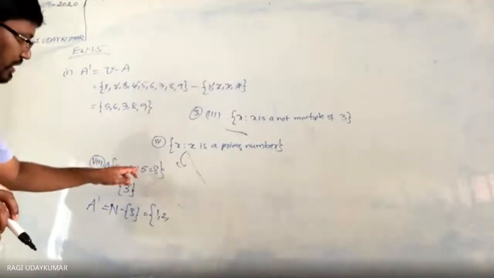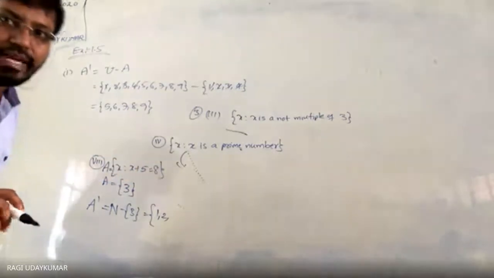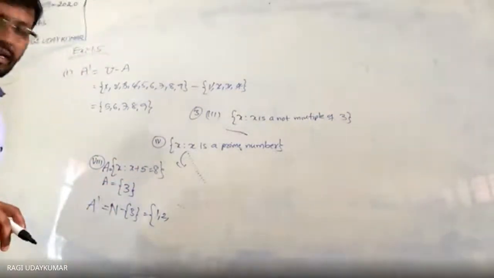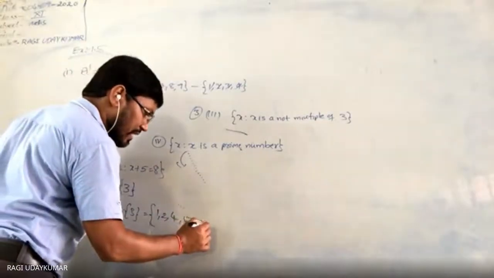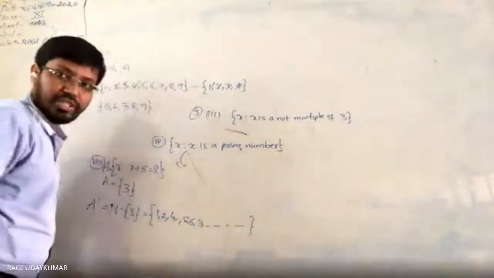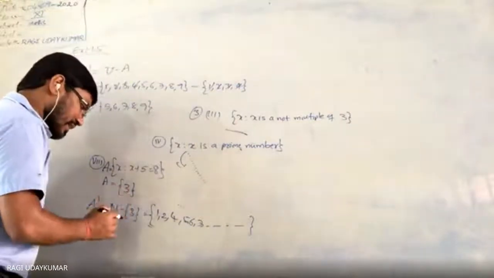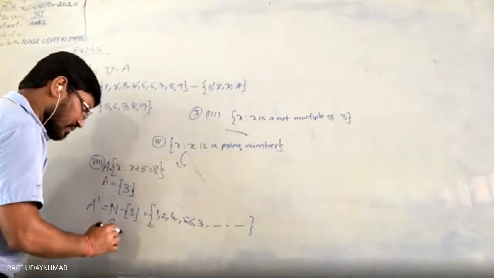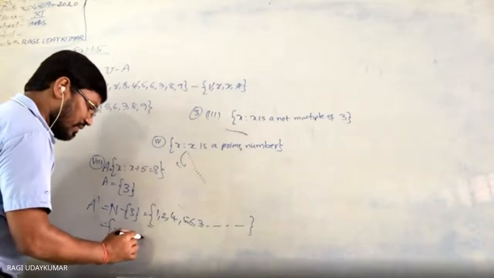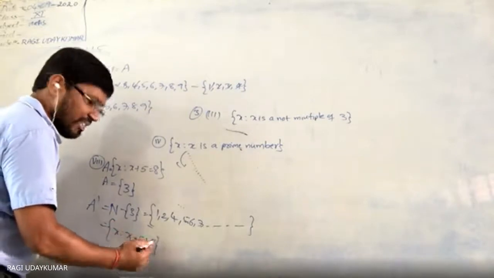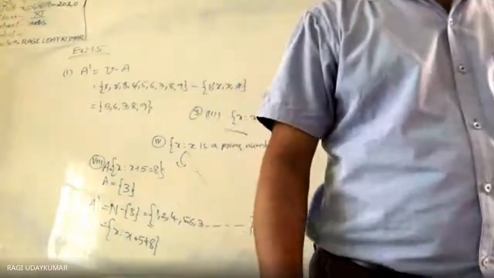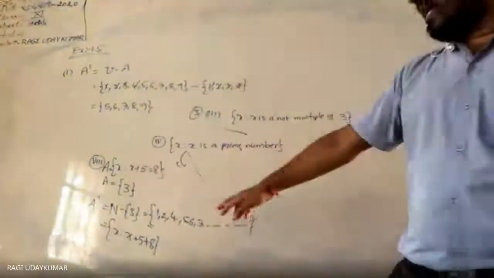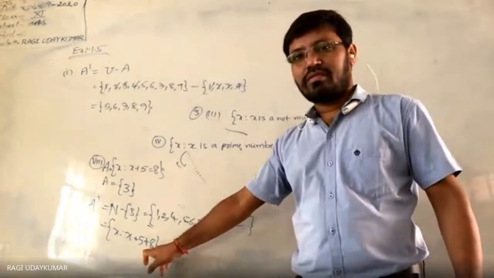Because here you are going to get only 3, which satisfies this equation. So now leaving 1, 2, 3, we have 4, 5, 6, 7 and so on, all the natural numbers. Roster form. Or you can write in a set builder form simply x such that x plus 5 is not equals to 8. Is equals to 8 is given, not equals to 8, right? Not equals to. Here I have given not equals to.